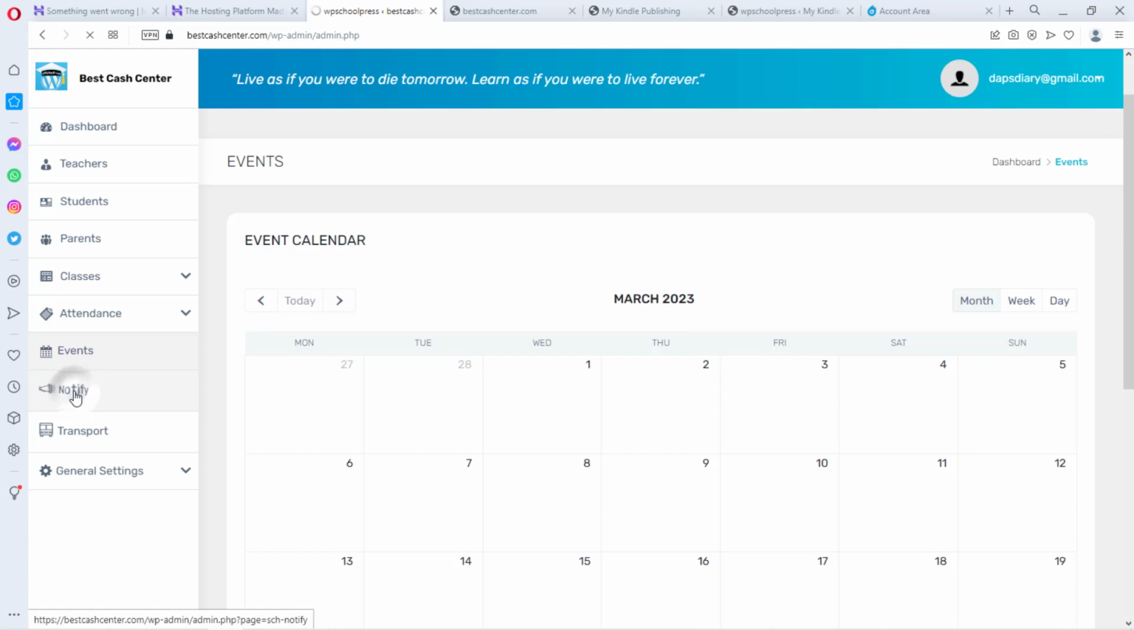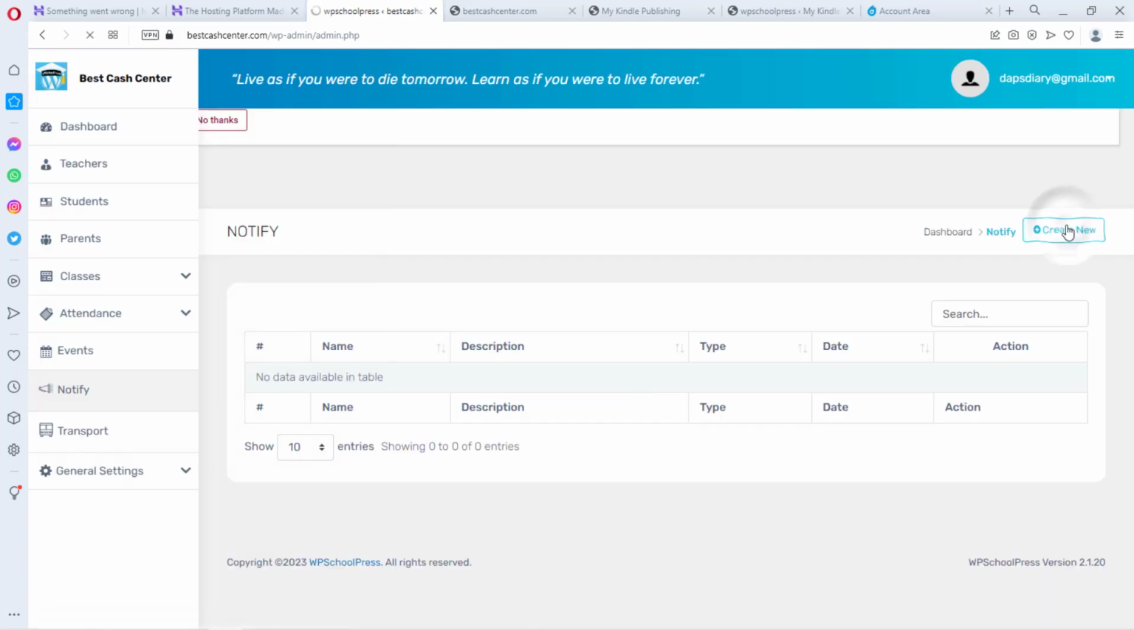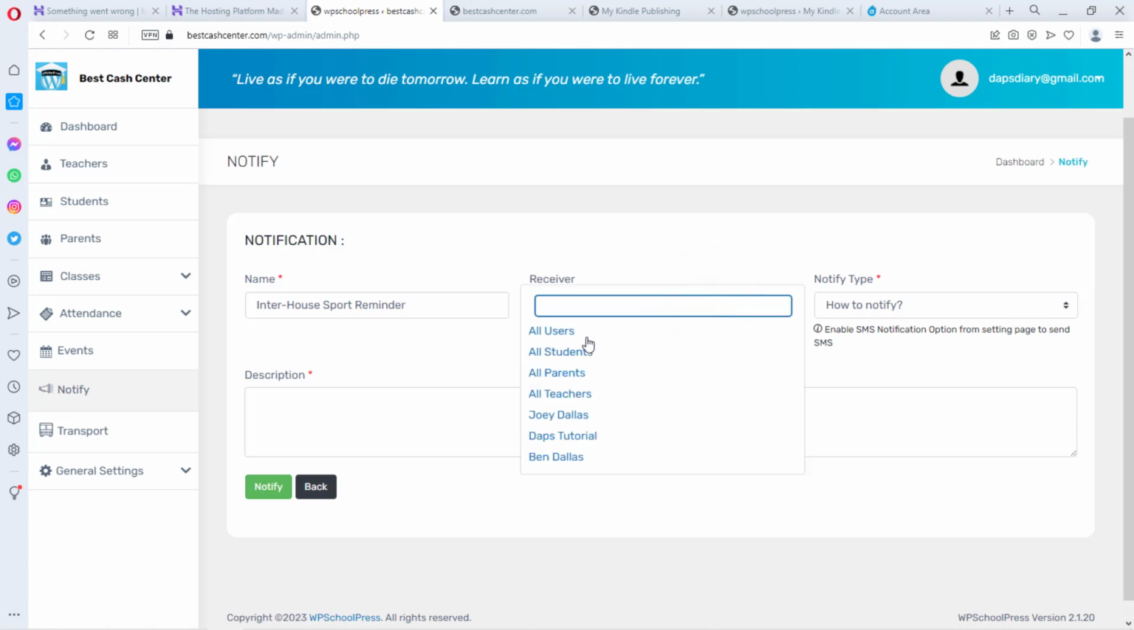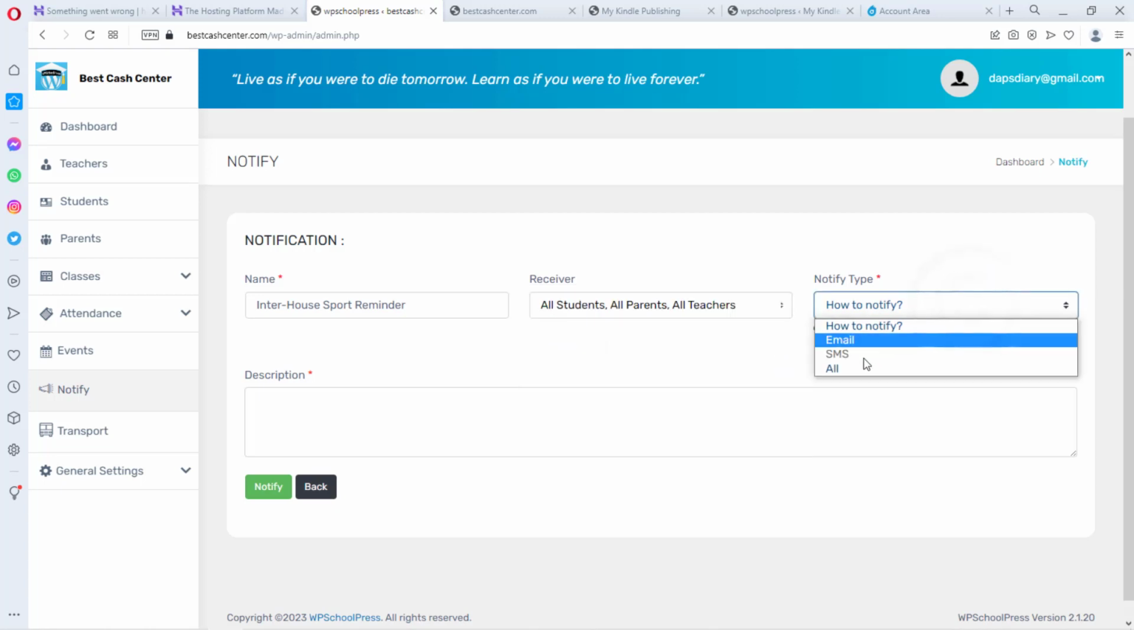The next thing is notification. It's the create button as usual. So we can say Inter-House Sport reminder, and then receiver is all parents, all teachers, all students. And then how do we want to notify them? By email. For us to be able to notify by SMS, we will need to use a paid add-on, and then we can send the description, hello